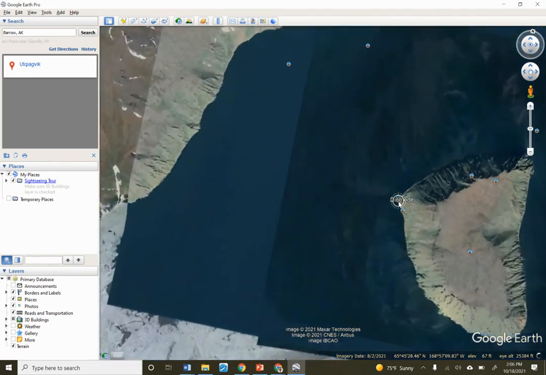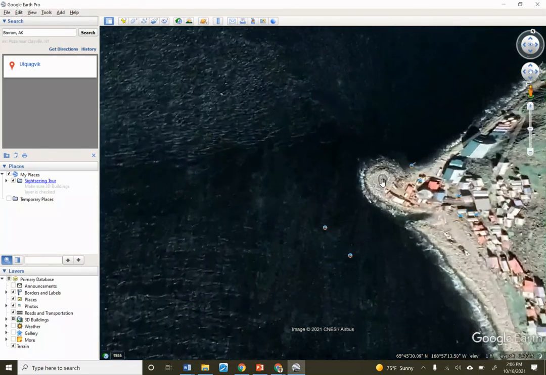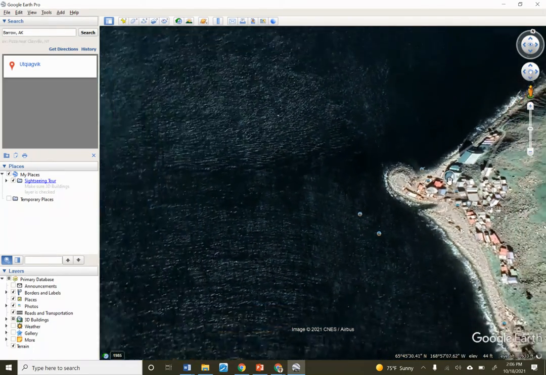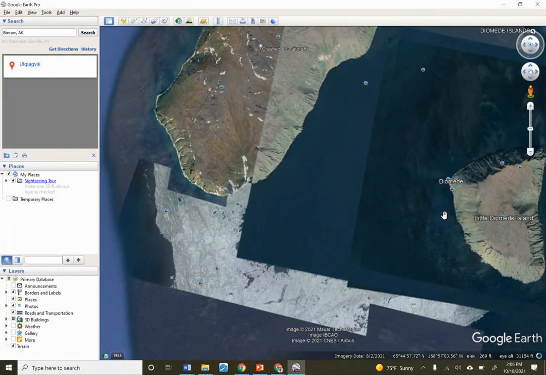Oh, there is one thing though. I forgot to mention this. I said helicopter. Believe it or not, you can come here in a plane certain times of the year. It gets so cold that the shallow water freezes around this island, and so they're able to land planes in this region.